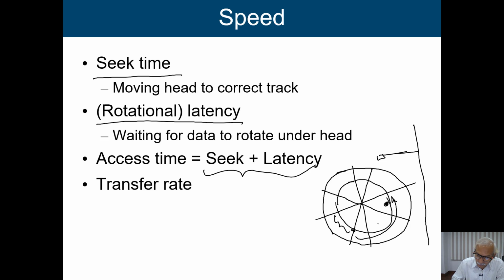We are going to place the addressable sector below this read write head. After that, we work with this sector and transfer it. So it is basically the transfer rate: at what rate we are going to do the data transfer. In case of read, we take it from the hard disk and transfer it to the processor, and in case of write, we transfer it from the processor to the hard disk. So this is the rate at which we transfer it.